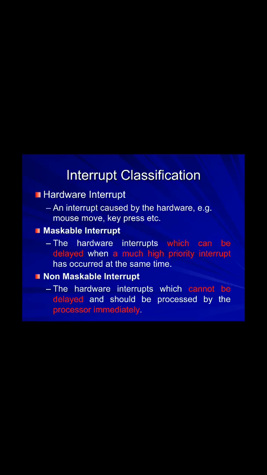So what is the classification of interrupts? Interrupts are classified broadly into two categories. The first kind is hardware interrupt, and the second one is software interrupt. What is a hardware interrupt? This interrupt is purely generated by the hardware. For example, when you move your mouse, it generates an interrupt. When you press a key on your keyboard, it generates an interrupt. So these are the broad definitions that you can understand. Otherwise, the hard disks that are present within your CPU also generate an interrupt, and it's hardware.